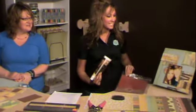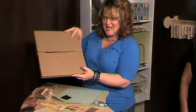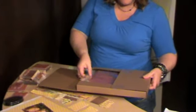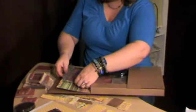Alright, so today we are going to do another layout with our Le Chic Vintage Scrapbooking Kit. I'm a visual person, so I need to know what's going to come to my door, which you will, but this actually will when you order it. It's going to come in just a box, just this size, and you are going to be ready to put it to use. We have the 12 sheets